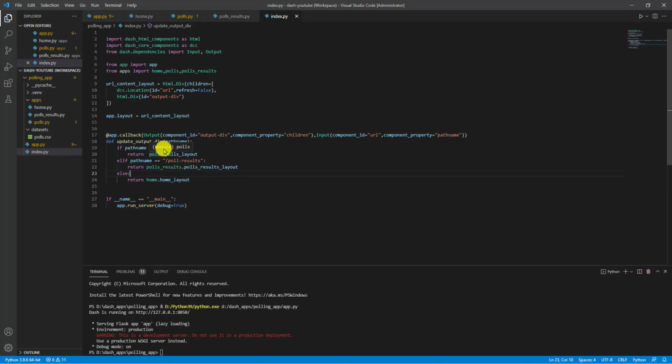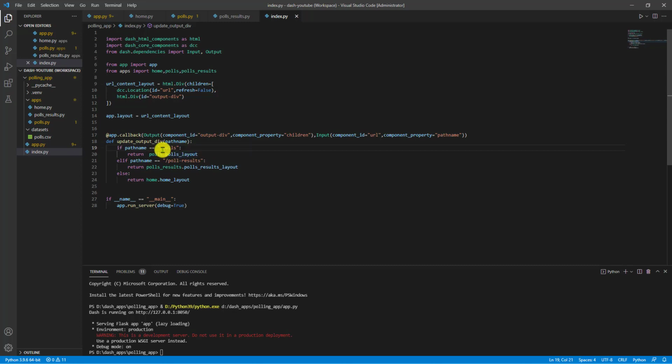So my URLs are still going to be the same. Now here you have an option: currently your apps are moved into this apps folder, so you can change this URL as well, like apps/polls or apps/poll results. It's up to you. I am just keeping it the same.